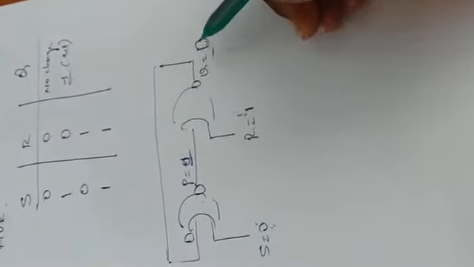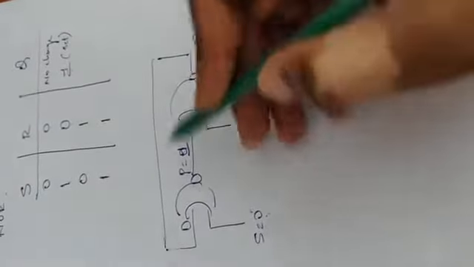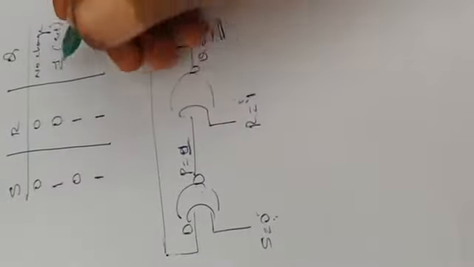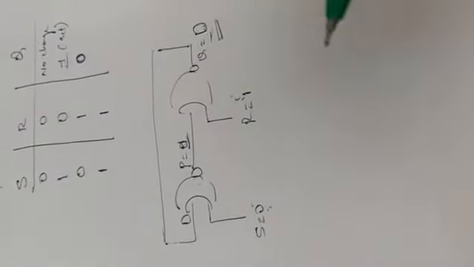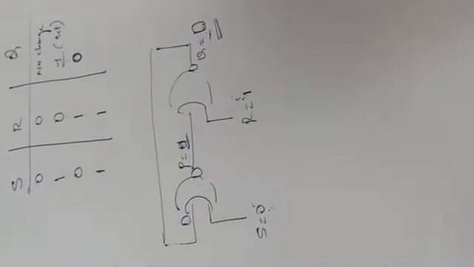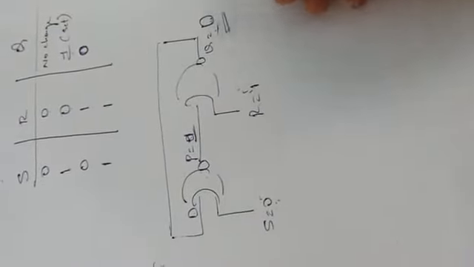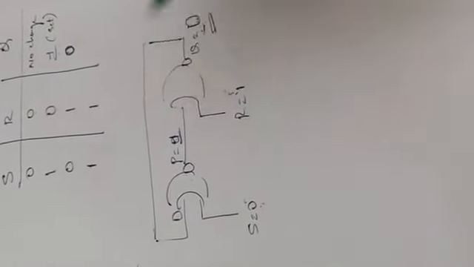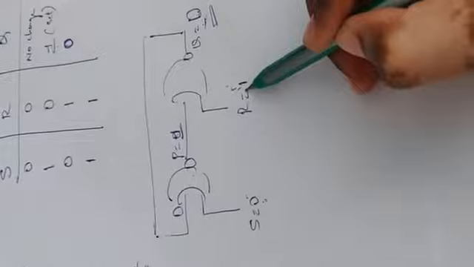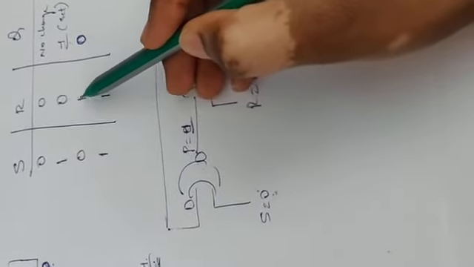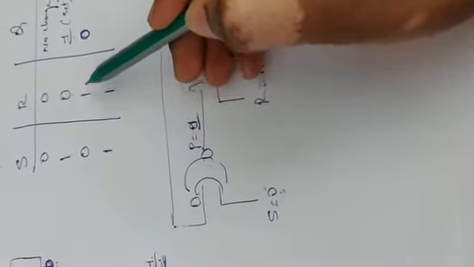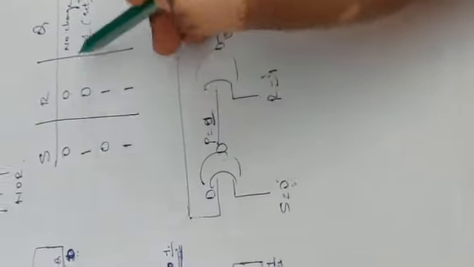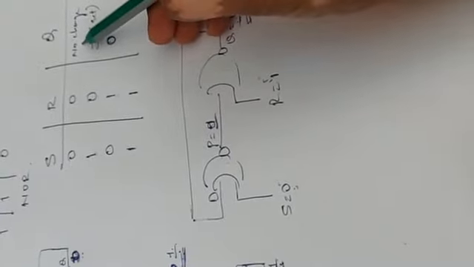So once Q moves from the previous state to 0 state, whatever changes happen here, it will never change. Q will be fixed to 0 itself, no matter what the previous state might be. If the previous state of Q is 0, it will remain 0 itself. If the previous state of Q is 1, it will convert 1 to 0 when S is equal to 0, R is equal to 1. So when S is equal to 0, R is equal to 1, I call it a reset state. R is called reset, S is called set. When S is equal to 1, it will change to 1 no matter what the previous state.